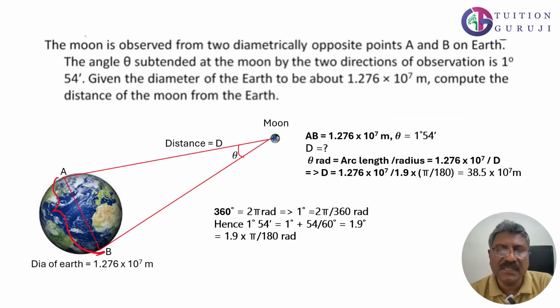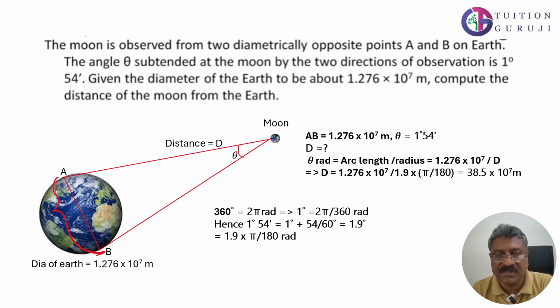Now let us do an example. The moon is observed from two diametrically opposite points A and B on Earth. You can see the Earth is there, and A and B are the two points given. When watched from the moon, A and B are diametrically opposite points. Then AB is the diameter of the Earth. Now, the angle subtended at the moon by the two directions of observation